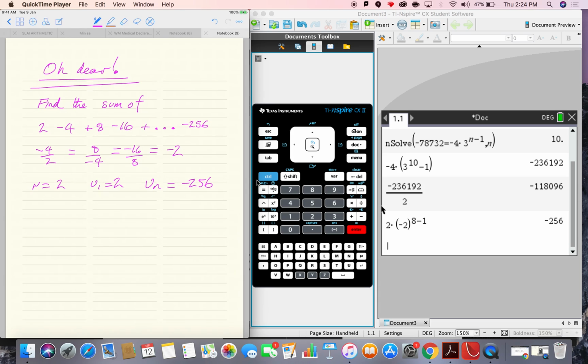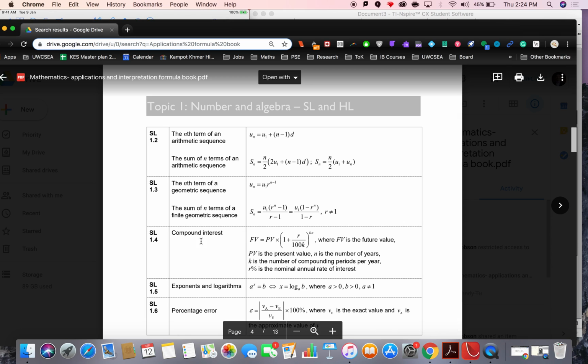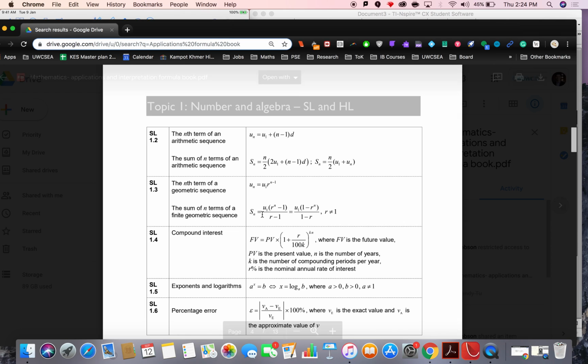The sum formula we'll put down here. What is the sum formula? I'm writing stuff down, but I'm not too sure. So what do I do? Let's go back, formula book. Let's just check. It's geometric. Geometric, the sum. There you go: u1 times r to the n minus 1 over r minus 1. Okay, let's write that down. S of n is